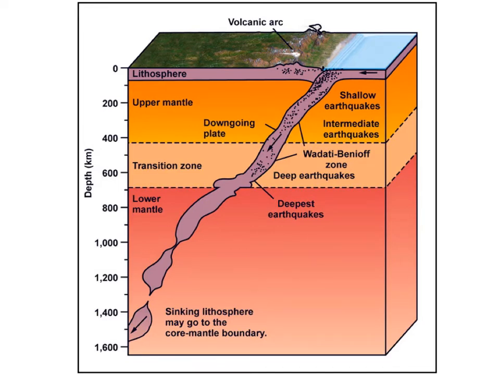You can see that earthquakes occur both in the shallow parts of the downgoing slab as well as in the deep parts. There have been earthquakes recorded down to the mid-mantle at about 600 kilometers depth or so. We call this zone of downgoing earthquakes that follows the subducting lithosphere the Wadati-Benioff zone. It was first recognized by two very famous geophysicists who noticed a zone of earthquakes that had a dip angle to it that mostly paralleled